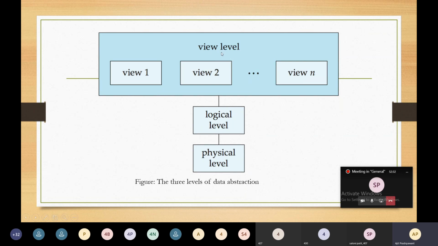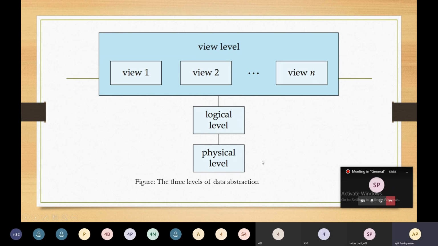What happens in the view level? There are different views of the database, and these different views are required by different users. So there are 3 levels: view level, logical level, and physical level. Again, I'm repeating it.